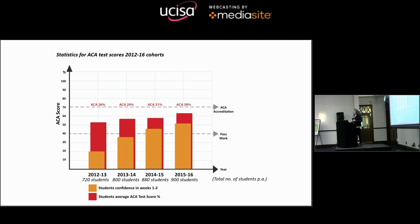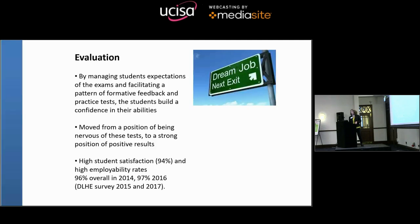We did that right across the Adobe suite, using Certiport. We did Photoshop, and we also did Illustrator, InDesign, Premiere Pro, Dreamweaver, which we've since dropped, and we're constantly expanding the scheme. Based on those results, which then went towards the last year, the 4th year of that pilot, where we had rolled it out to 900 students per annum. And that's still going. So we do just under 1,000 students per annum,